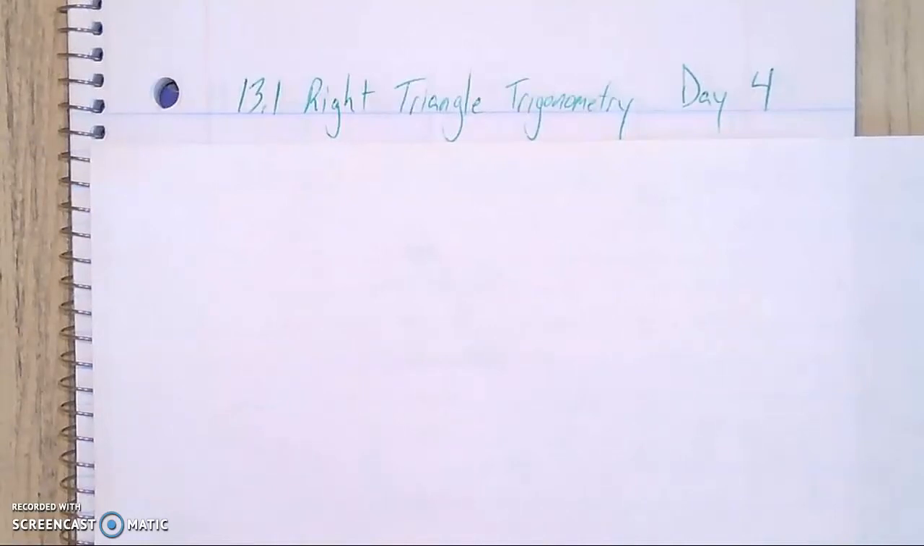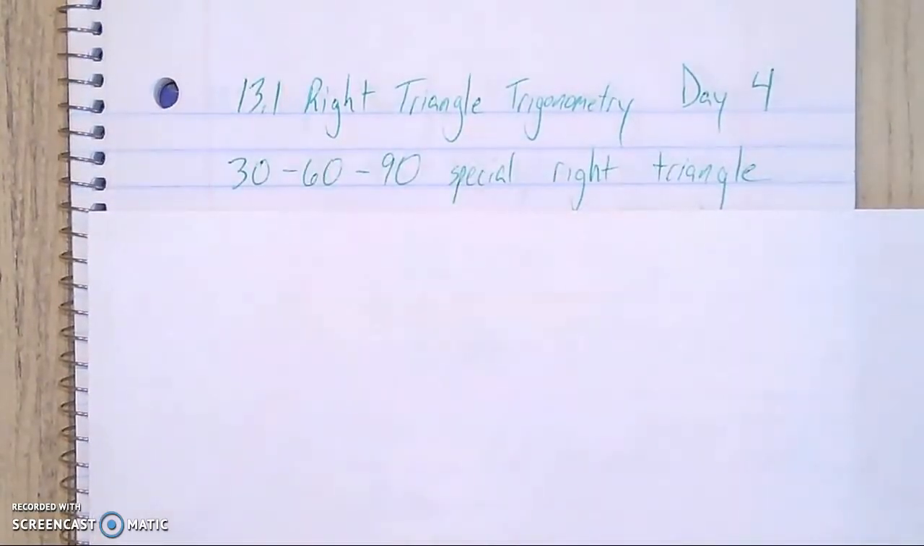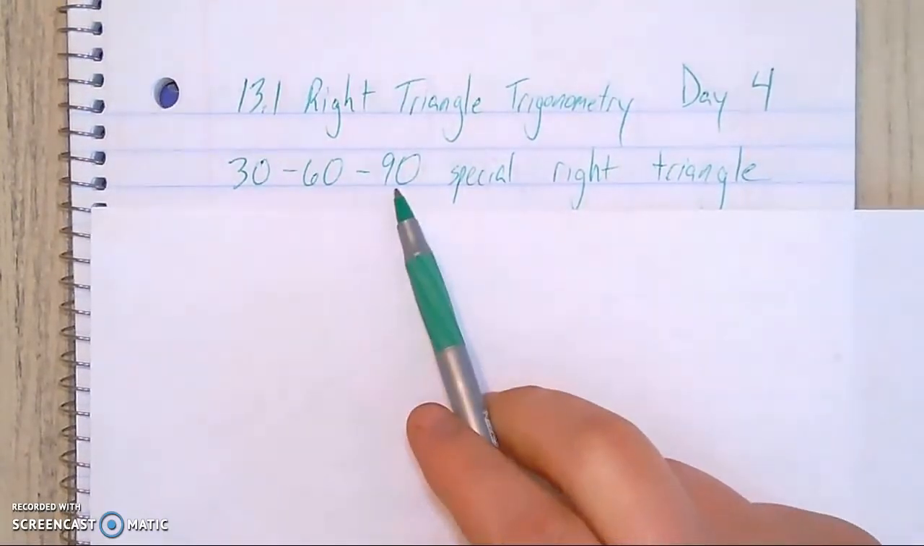Alright, getting started today on 13.1, right triangle trigonometry, day 4. And for day 4, we take a look at a special right triangle. So the numbers 30, 60, 90 refer to the angle measures, and because 90 makes it a right triangle, and